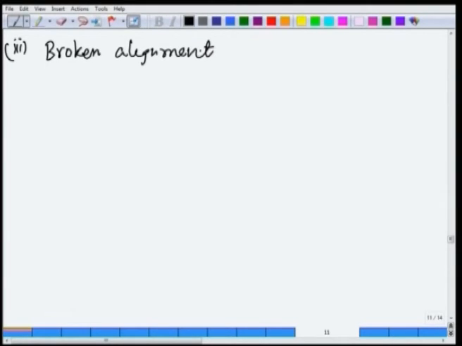Broken alignment. Let us look at this one. This diagram shows what will happen in this particular case. So let us look at it as follows. In this case, we are going to take a vacuum level. Maybe we can put a break in here, and since it is a broken type, let's say we take this as